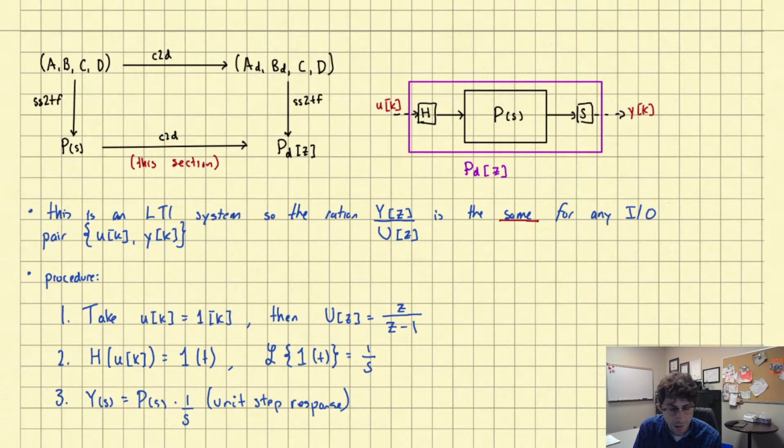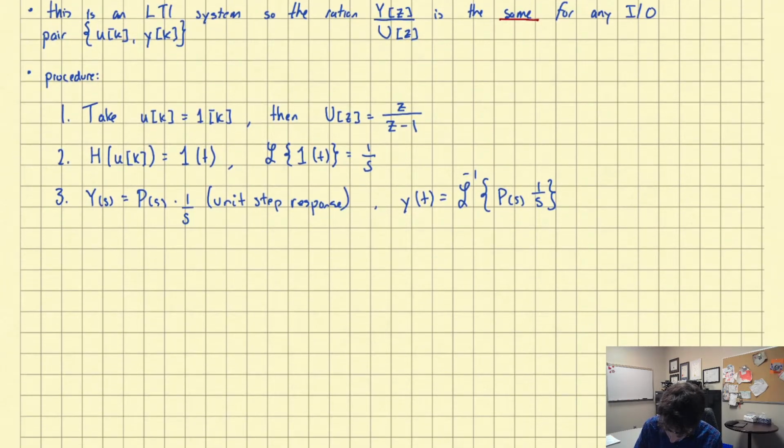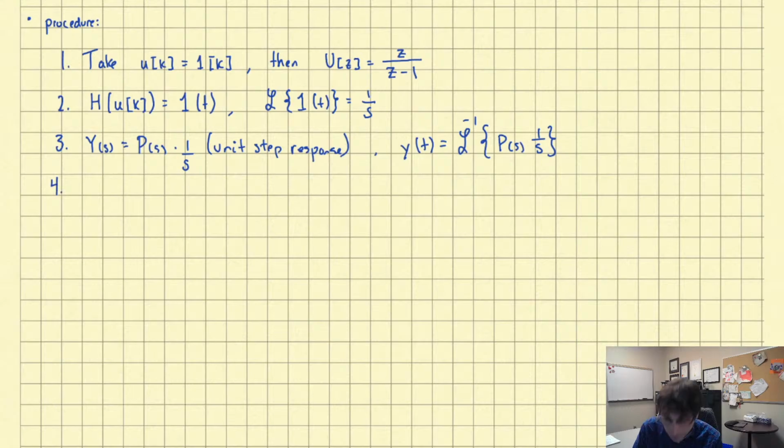Take the Laplace inverse of that because we're going to have to sample. So we'll say that y of t is the Laplace inverse of that response. Okay? Step 4, sample the resulting step response. Right? So sample y of t to get